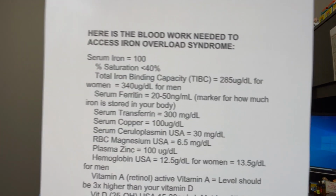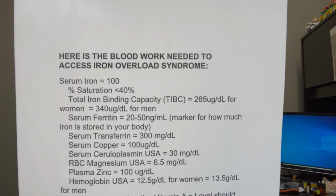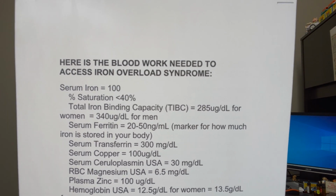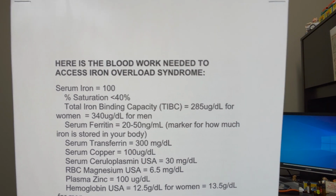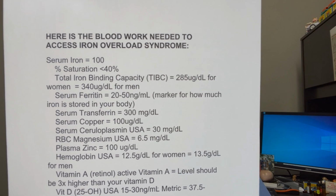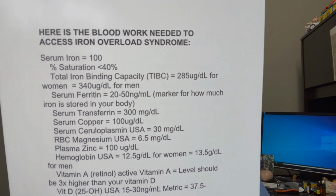It's crazy. So you have the ferritin test. It's 200. Normal is 20 to 50. Now what? You got to dig a little deeper. So here's the blood work needed to assess the iron overload syndrome. Serum iron, iron saturation, total iron binding capacity. The ferritin, like I said, should be 20 to 50. That's where you start. Serum transferrin, copper,